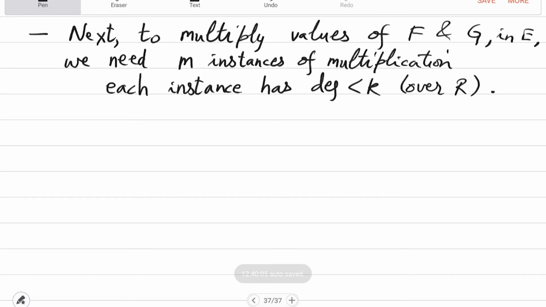You use that algorithm you developed again and again, m times. So let's do that. Univariate fast multiplication